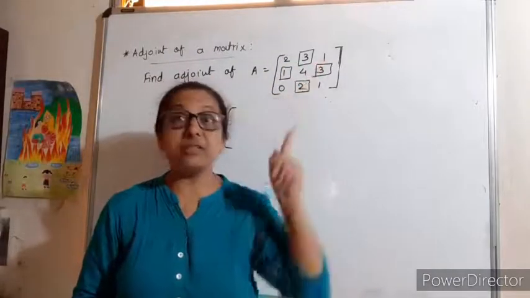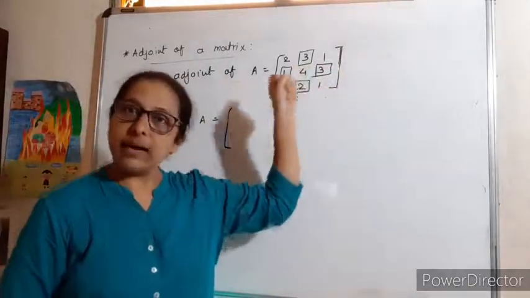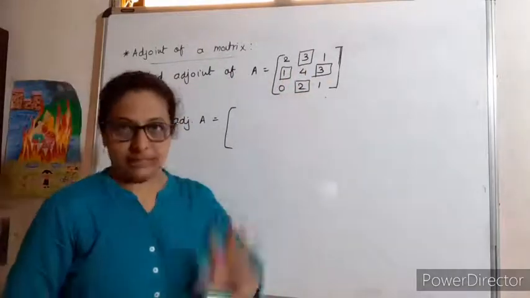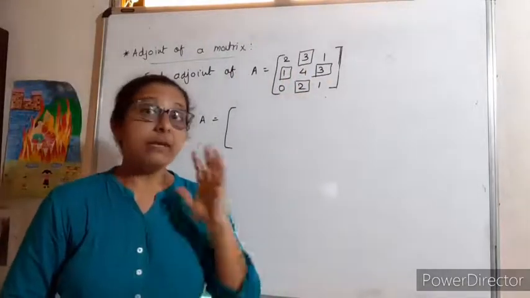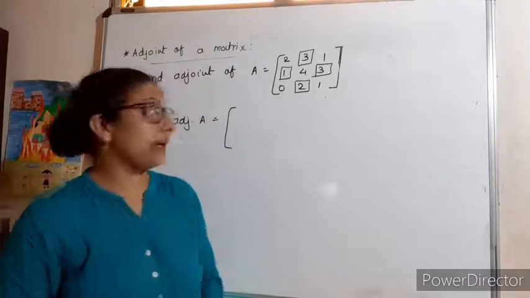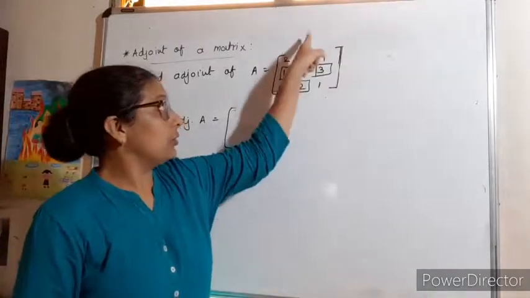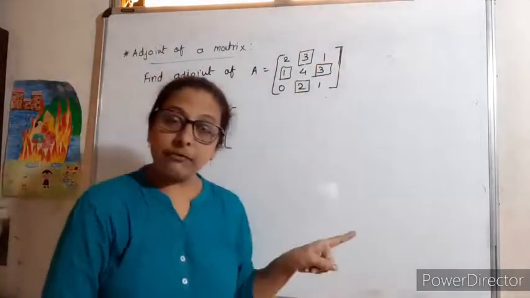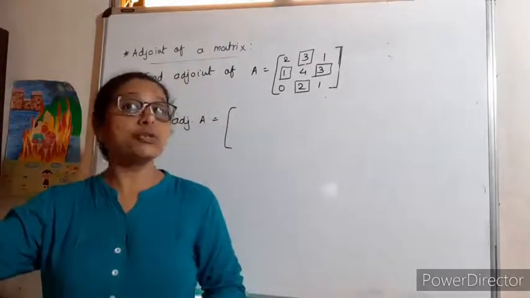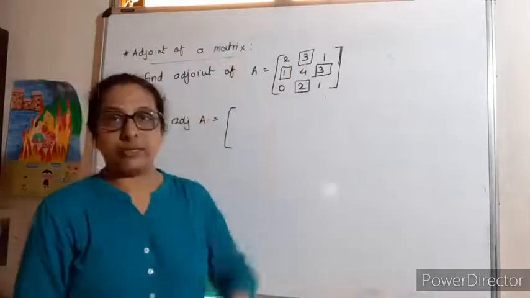First principle, first rule, keep in mind: go through row wise, write down column wise. Okay. Now these are the 4 places where we have to change the sign. Because when we write the cofactor, this is first row, second column. And therefore, first row and second column है तो -1 raised to 1 plus 2 आएगा. That is -1 raised to 3. And therefore, यहाँ पे sign change होगी.